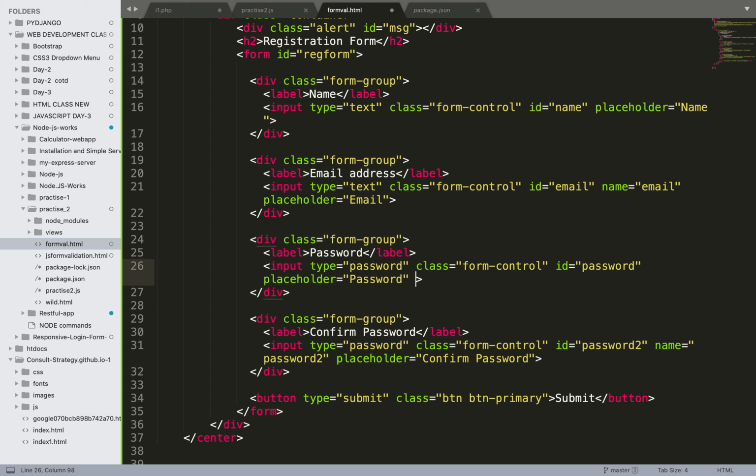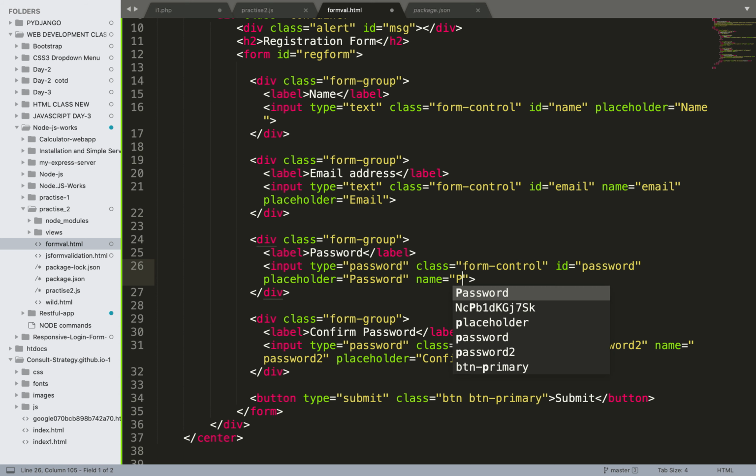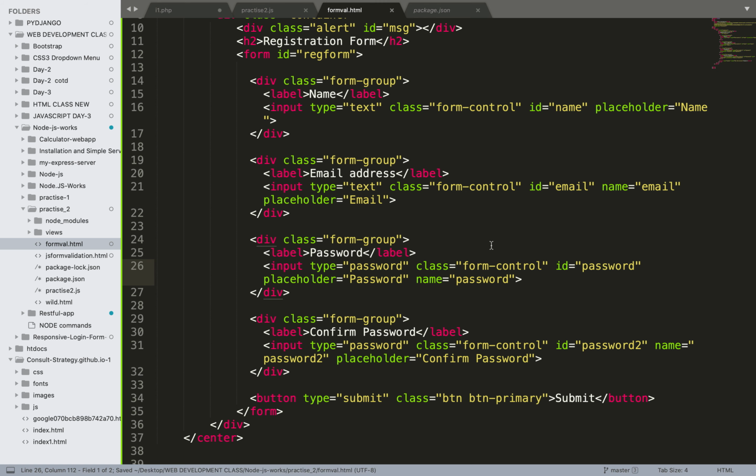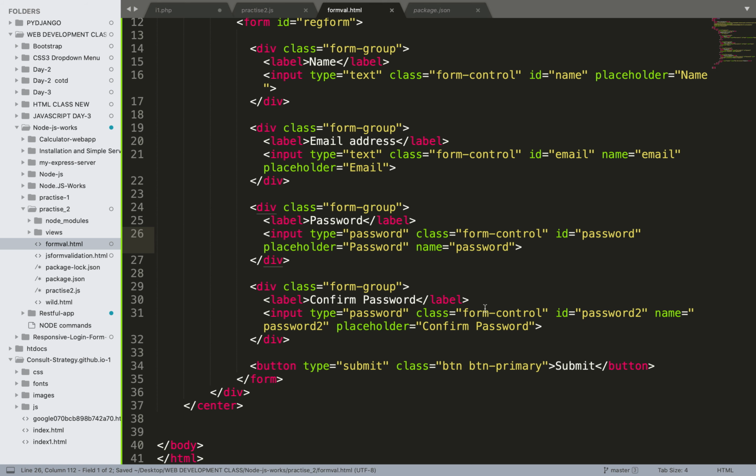I haven't added a name over here also, so name, and add a password. So our simple form is ready.